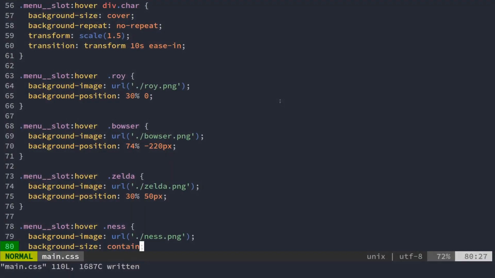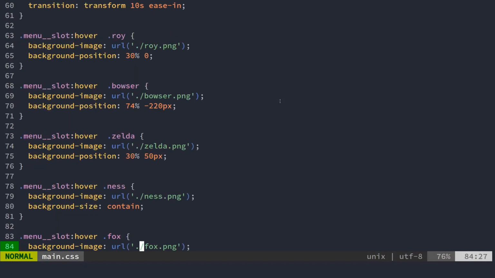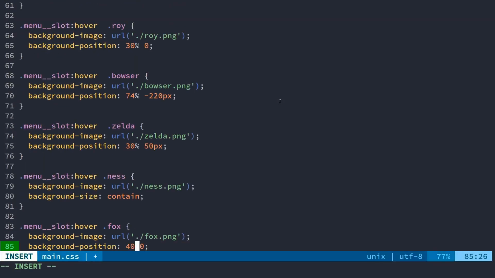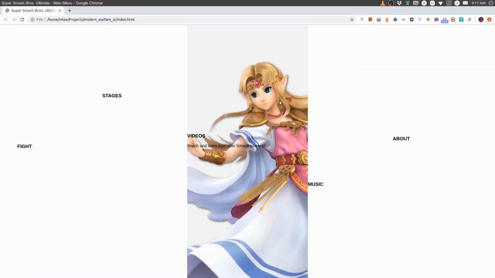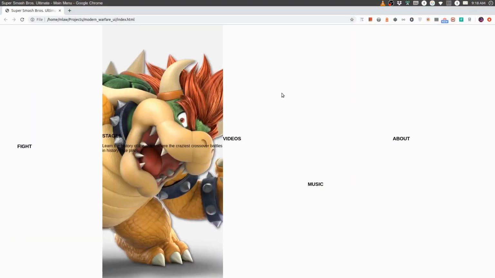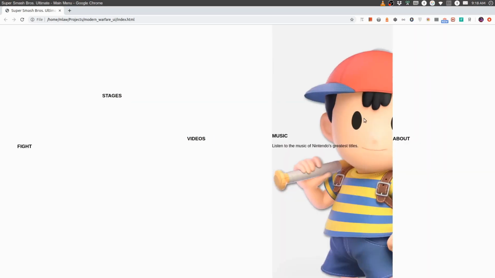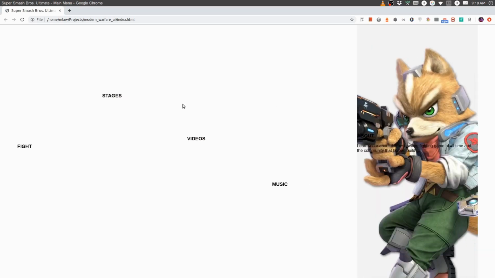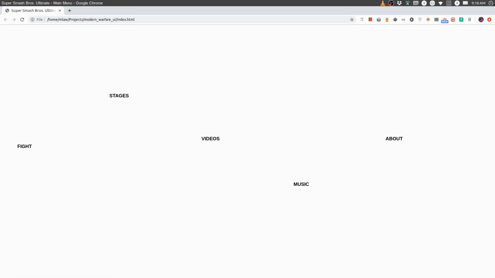Whatever. Then Fox is gonna be 1% like that. Let's see if Fox looks better. Okay. Alright. I honestly don't care if his face is cut off, it doesn't matter. The other characters matter. Alright, anyway,